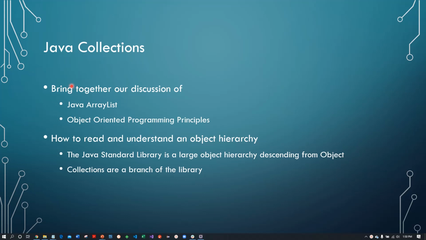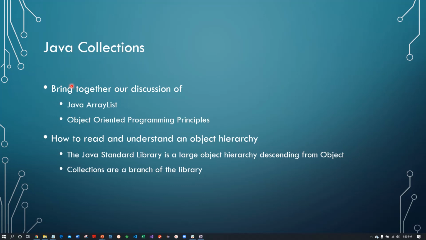to begin to learn how to read and understand an object hierarchy, a very important topic to you because the standard libraries that you're going to encounter in your career, whether in Java or C# or in any other object-oriented programming languages, are built this way. So they tend to be large object hierarchies and built, as I've said, as inverted trees from the beginning. In Java's case, object is at the top of this inverted tree. And if you see a diagram of the entire